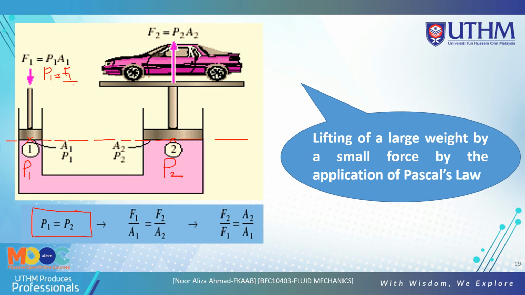Okay, F1 divided by A1. So it's the same concept. We put here F1 divided by A1 for P1, and F2 over A2 for P2. So we convert this to F2 over F1 equals A2 over A1, or you can put it here as